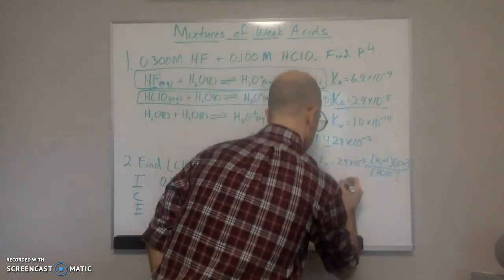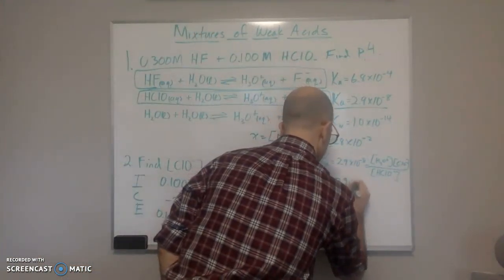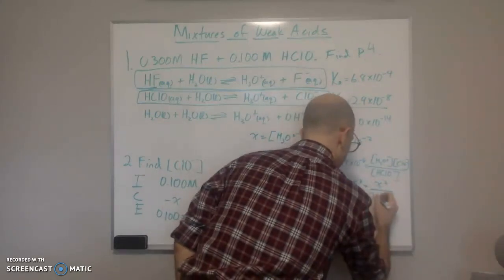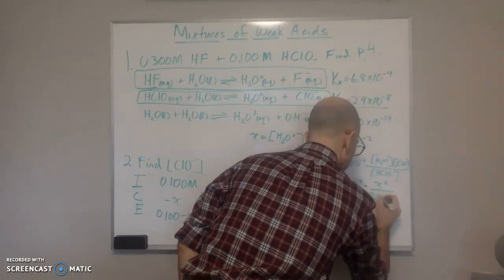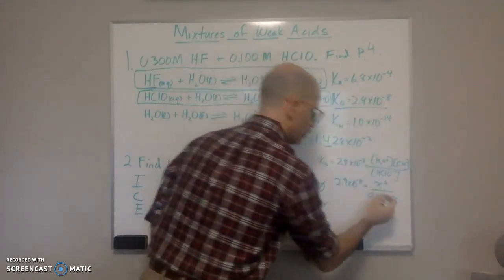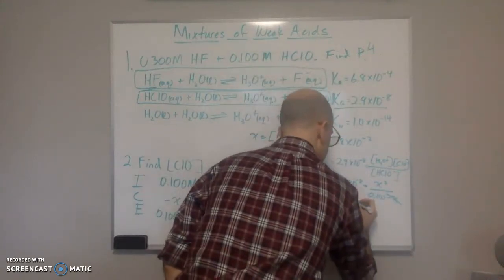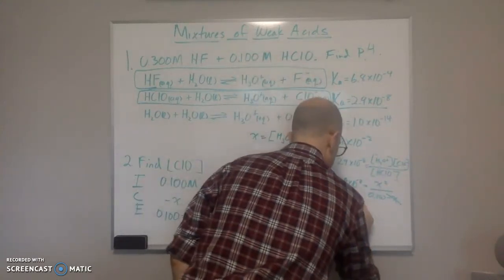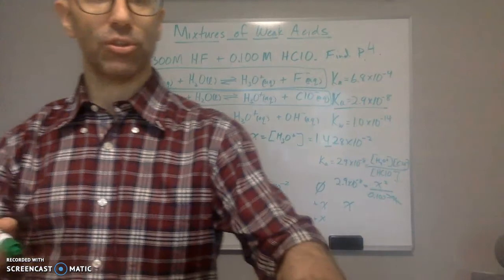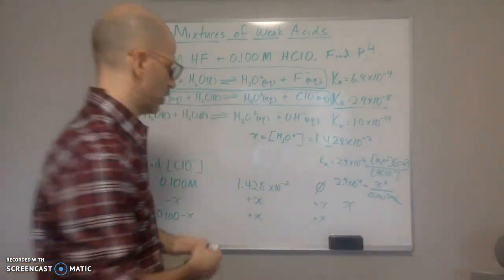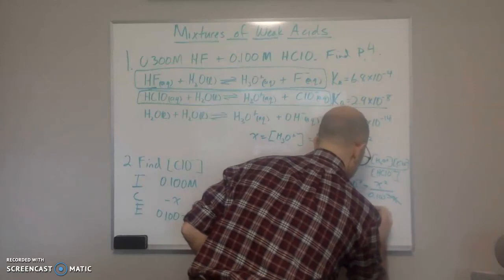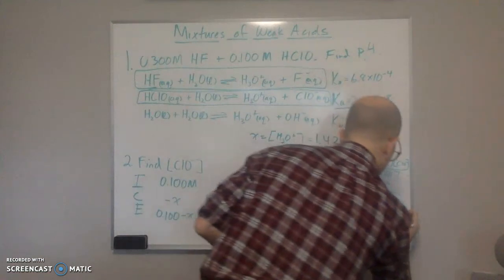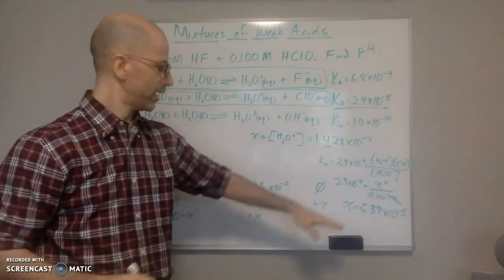So 2.9 times 10 to the negative 8 is equal to X squared over 0.100 minus X. We'll do the X is too small approximation, then multiply both sides by 0.100, square root both sides, and then you're going to get X is equal to 5.39 times 10 to the negative 5. So that is your